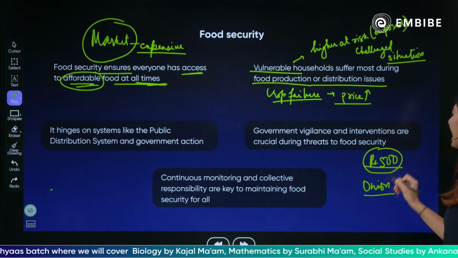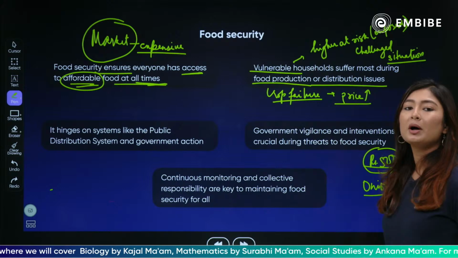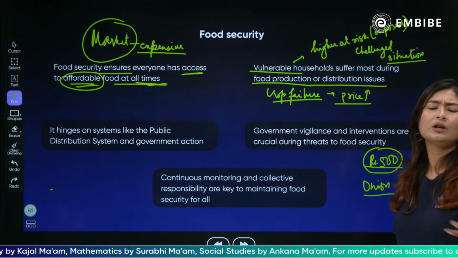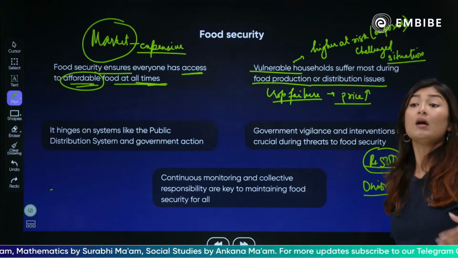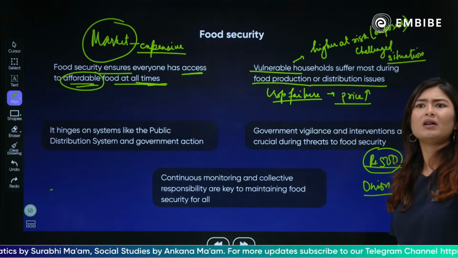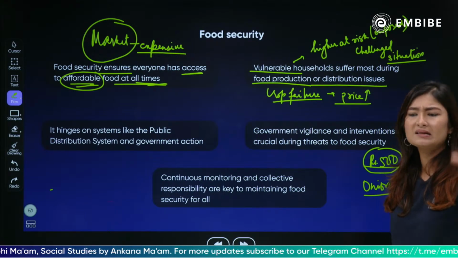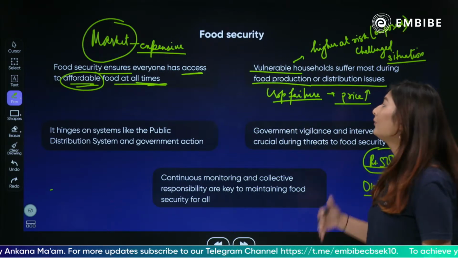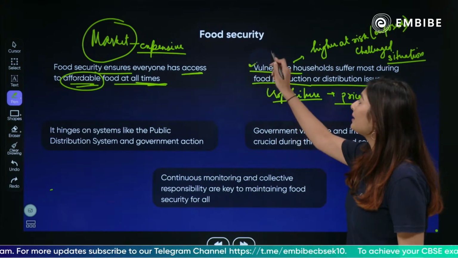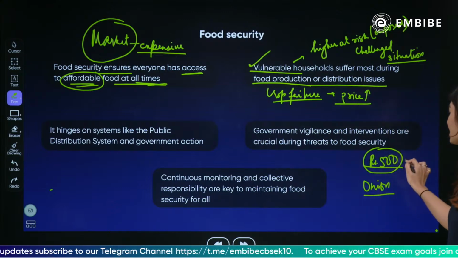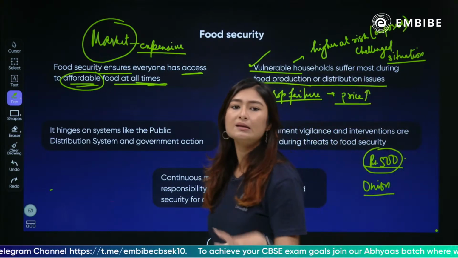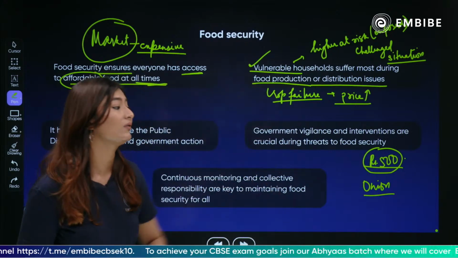Now in such a scenario, imagine, will a poor person be able to buy lemon? A lot of times we have seen it happening with different items. Tomatoes, sometimes onions would be 150 rupees kg, 200 rupees kg, right? In such times, how are these people going to buy this? So the vulnerable people get affected in situations like these, when there is war, some crop failure or something like that, and prices are going very, very high up.